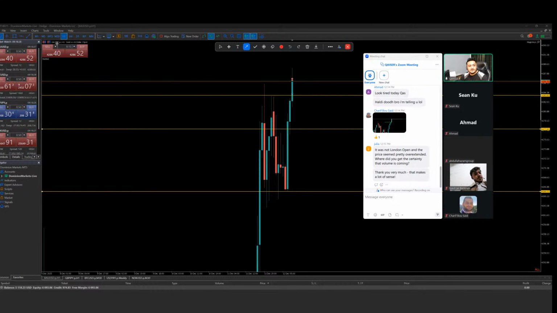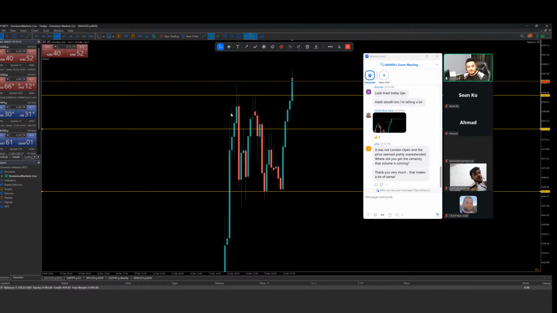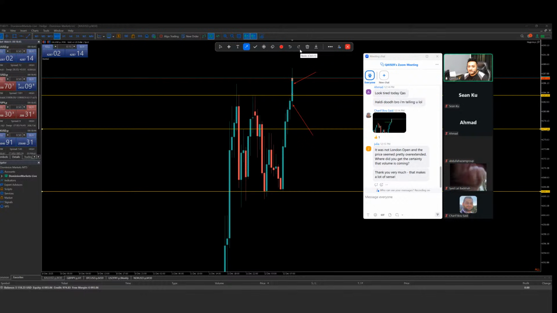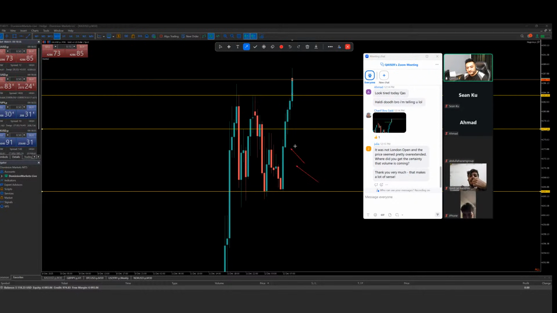Yeah, exactly. We just need to read the candles. No indicator is going to tell us. Once the market has already moved, then you get a sign from the indicator that this candle has volume in it, and that indicator must be useless for you. So you need to read the candles, how the structure is forming, and why I place a support here, because the higher time frame is not showing me any kind of support, and the candle size is bigger than the normal size of the candles.